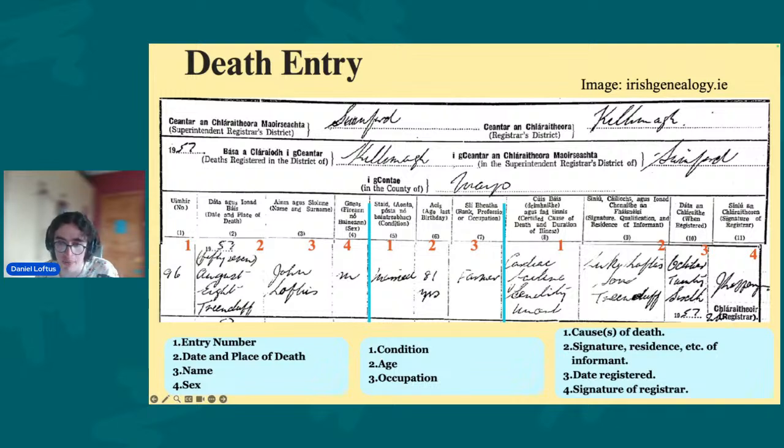Now, one thing I should also mention with any sort of death entry that you look at is there were rules. I know this because I was looking into a death that happened in 1938 and wasn't registered. And I couldn't quite figure out why. And it turns out that this is the Civil Registration Act of 1880, so traditionally it would state that all deaths had to be registered regardless. So obviously in line with the fact that it had to be done within 3 weeks to 3 months of